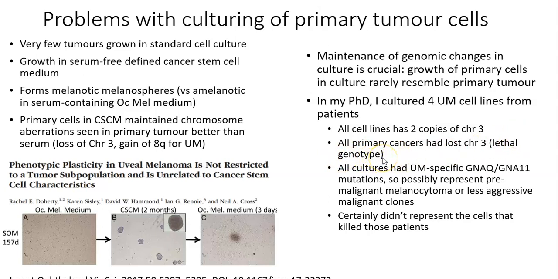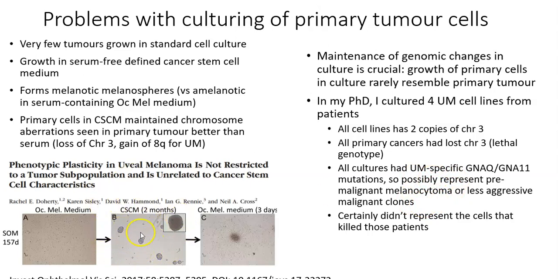So, it's not that we'd contaminated anything, we'd proven that these cells came from the patient that they thought they'd come from. They were also melanomas, in that they had GNA11 mutations, which are classic for uveal melanoma. But what is effectively happening is that we are selectively outgrowing the pre-malignant melanocytoma, or less aggressive malignant clones, and the most malignant clones just do not grow in serum. So we were actually inadvertently selecting out for the least relevant cells from that ocular tumour,